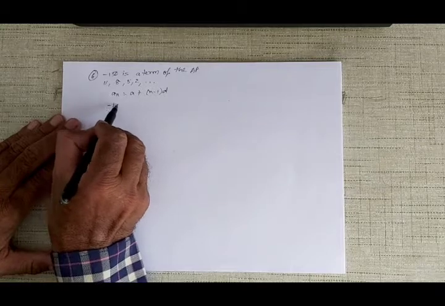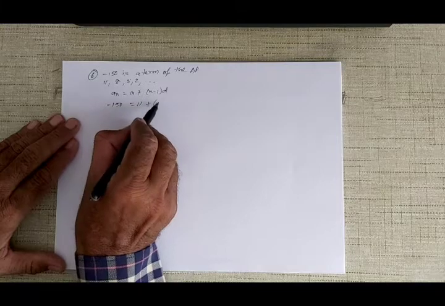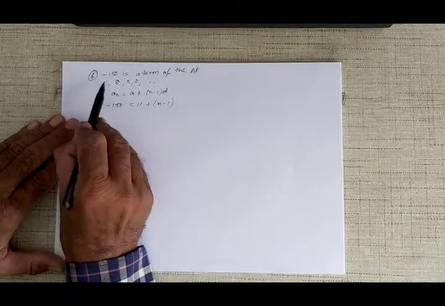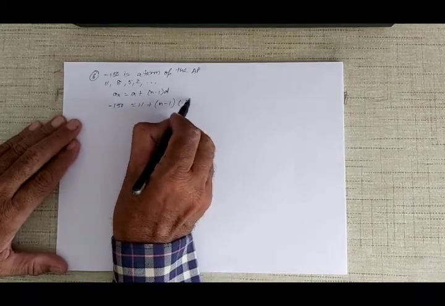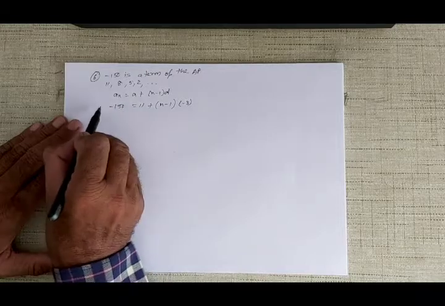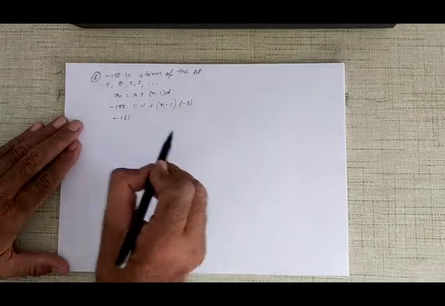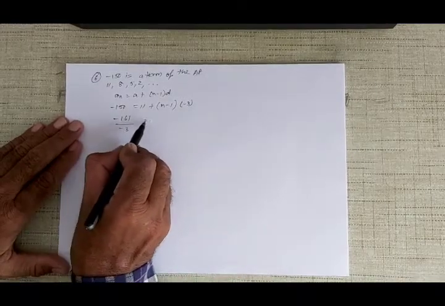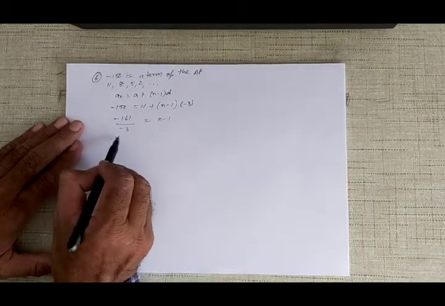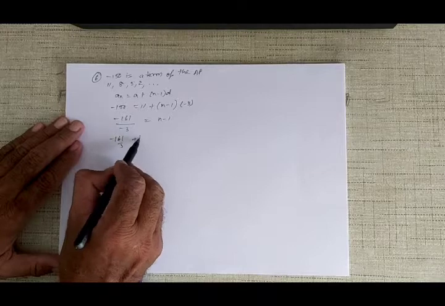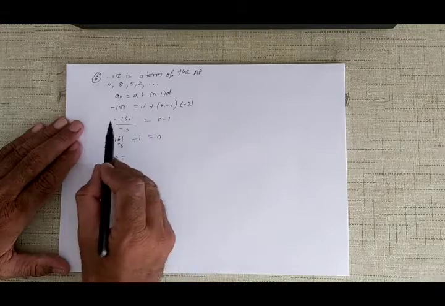Okay, suppose it is -150, A of n. The value of A is 11, the first term. n we don't know. The value of D is 8 - 11, okay, 8 - 11 is -3. Now 11 will become -11, so it becomes -161. And -3 we take to this side, n-1. So therefore you get -161/-3 plus 1 is equal to n. So n is equal to, remember -1 on this side becomes +1.